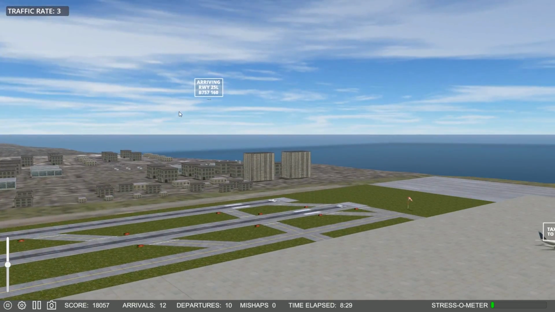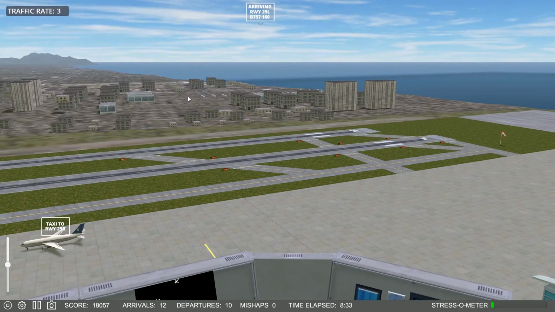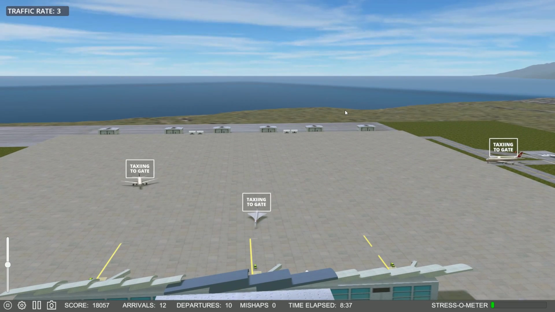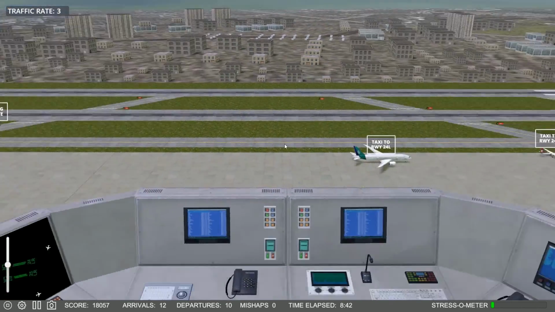See if I have anything going on over here that I need to deal with. Nope, this plane can't make it over to the runway because there's planes going to the gates. Water looks calm today, at least right out here. Out there it doesn't, but